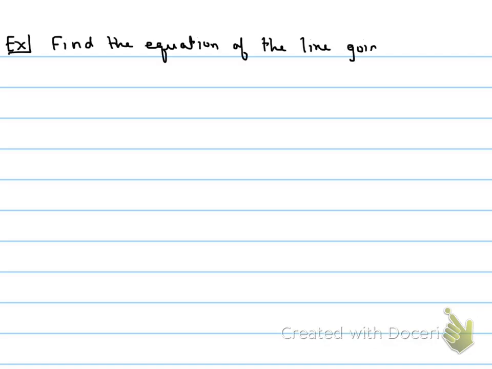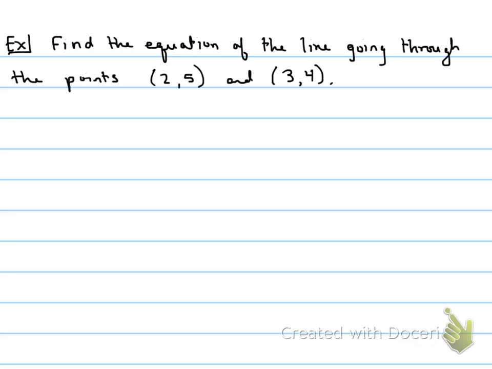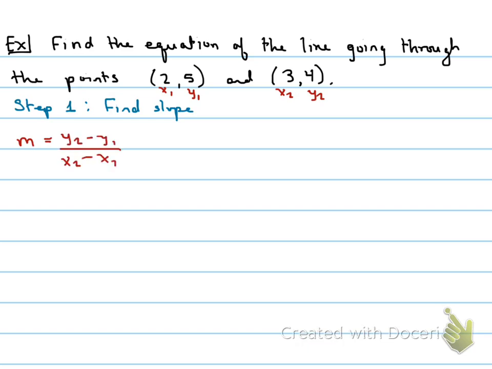Alright, our last example, we're going to find the equation of a line given 2 points. So it says find the equation of the line going through the points 2, 5 and 3, 4. So the first thing that we want to do is we want to find the slope. We're going to take these 2 points, we'll label them x1, y1, x2, y2, and then we're just going to plug those into your slope formula. That'll be 4 minus 5 over 3 minus 2, which is -1 over 1,